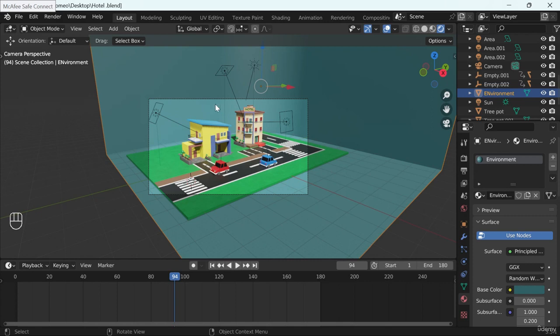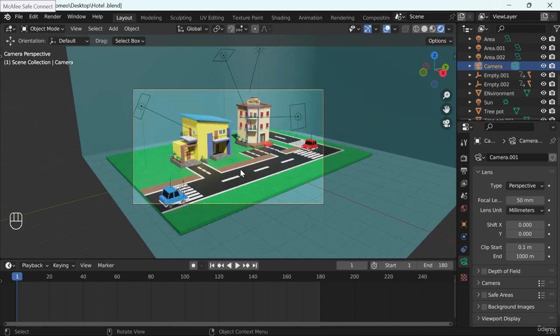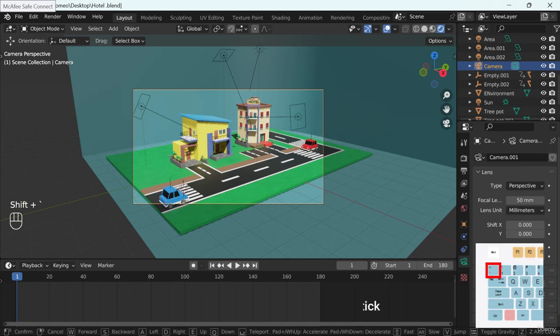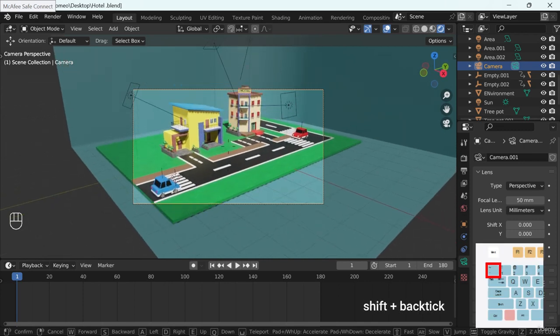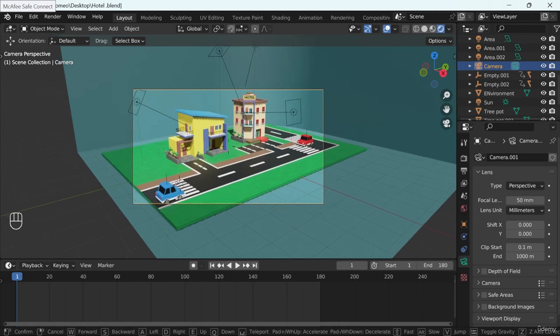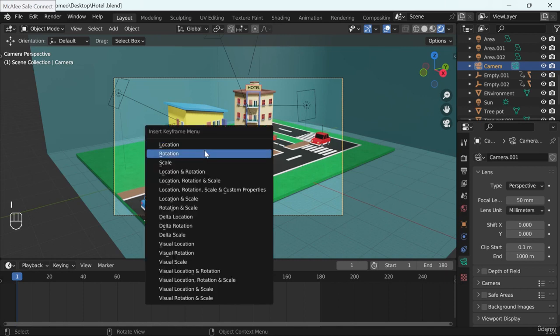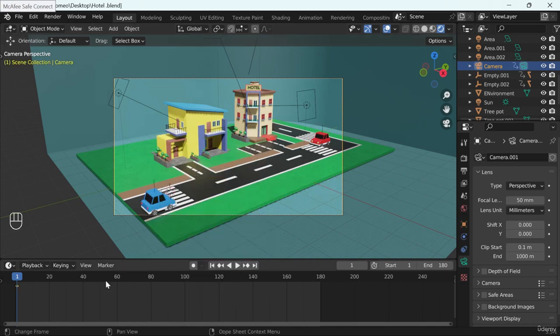Now I need to animate the camera. So first select the camera, and then let's set it to 1. So where we should start, we should set first, let's set up the camera. Let's leave it, maybe we need to leave it here. Okay, press I, location and rotation, and then let's bring it here,